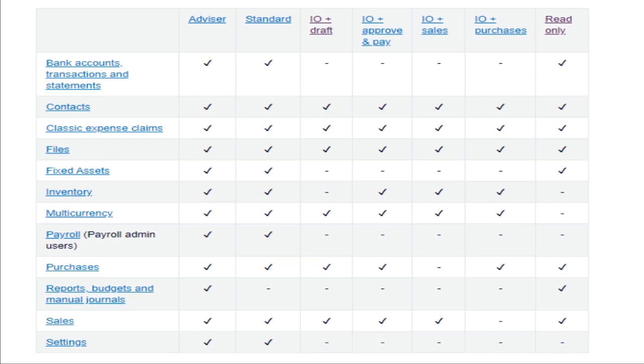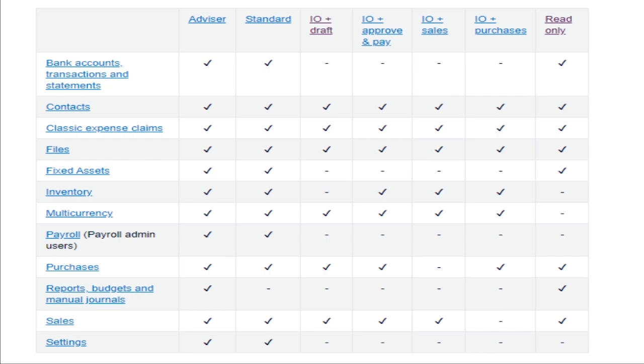The invoice only user role gives the user organization access to quotes, invoices, bills, purchase orders, and credit notes. This user role may suit an accounts payable or accounts receivable administrator who doesn't need access to bank account reports. An invoice only user won't have access to bank accounts, reports, fixed assets, manual journals, find and recode, organization settings, pay run, expenses, products and services.